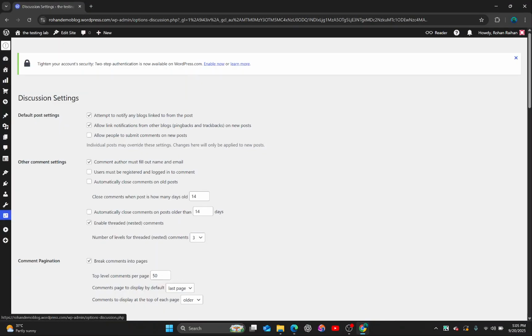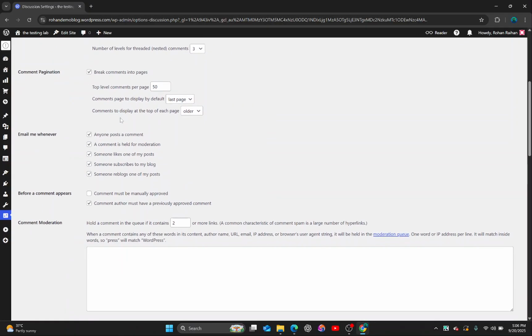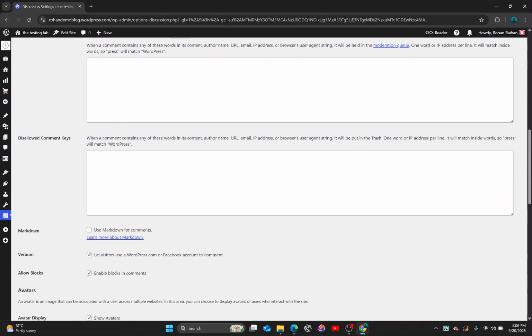As you can see here, there is an option called default post settings. Here we are going to allow people to submit comments on new posts. Just click on it, and after that make sure that you have reviewed all of your settings. As you can see, you can manipulate every other setting in this area about comments and engaging with